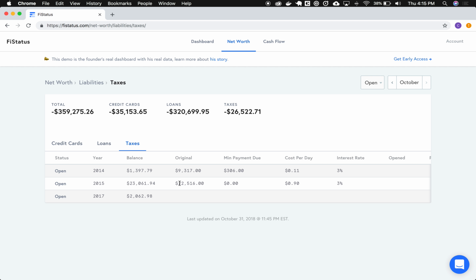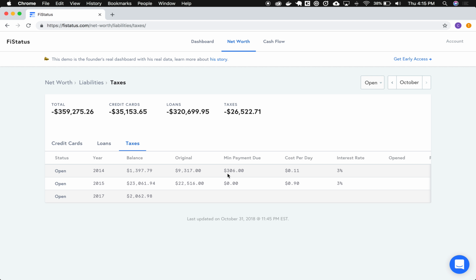And then I also have my taxes on here. I have some back taxes I owe. I wasn't the smartest with some of that stuff. I paid other stuff. That's actually another conversation for another day. So I'm not too worried about this. The IRS has been an absolute breeze to work with, and they've actually been one of the easiest people I owe money to, to reduce my interest rate and to reduce my minimum payment.